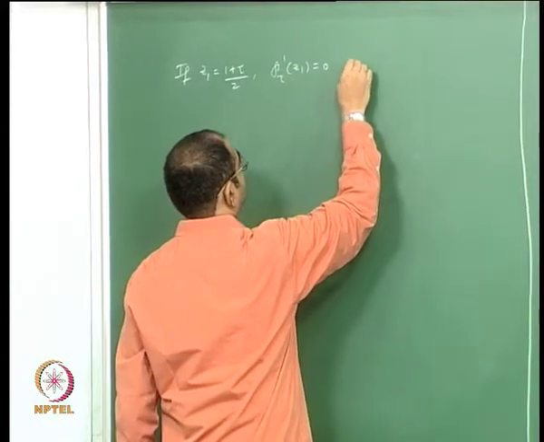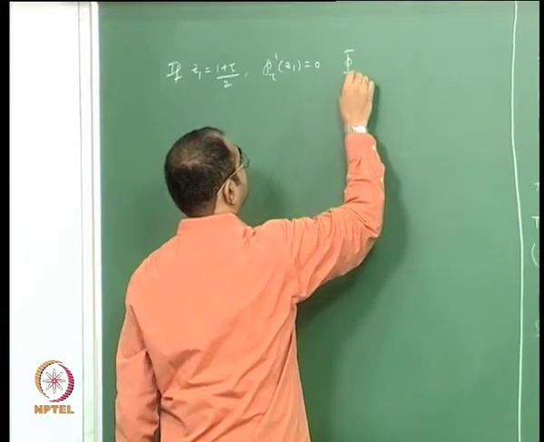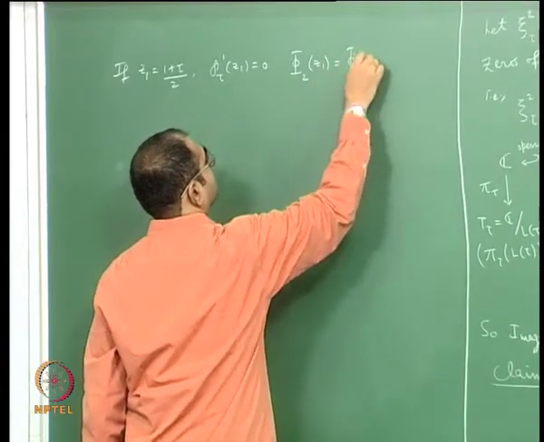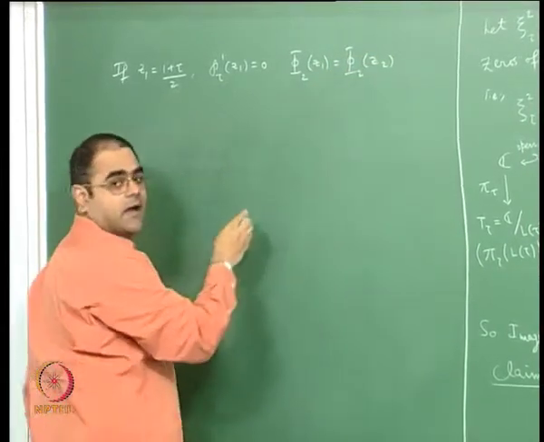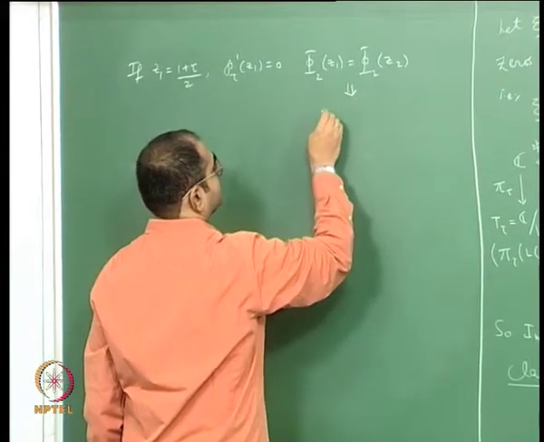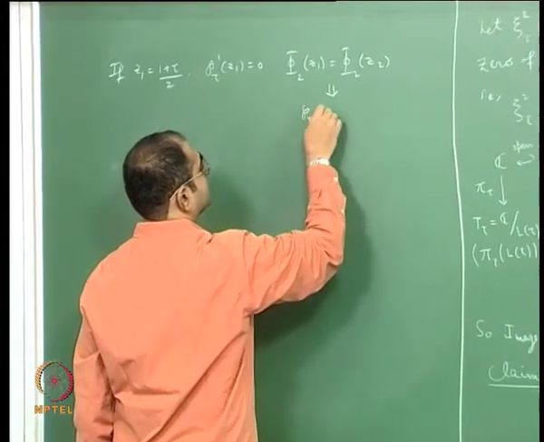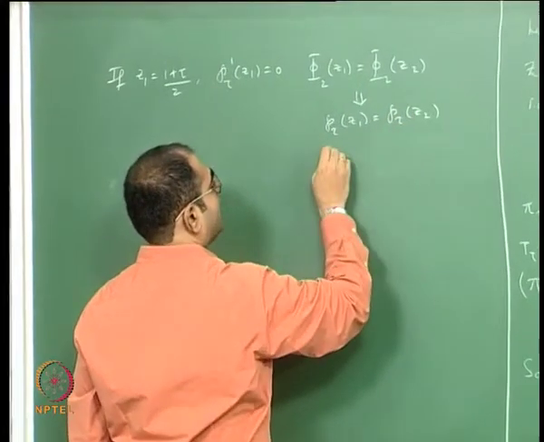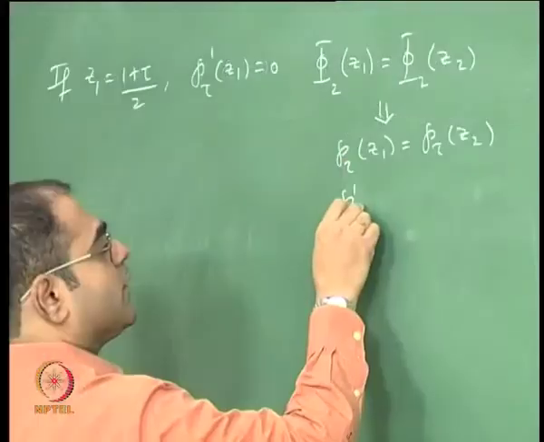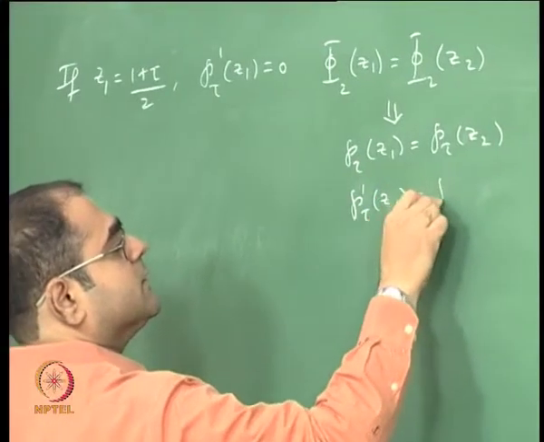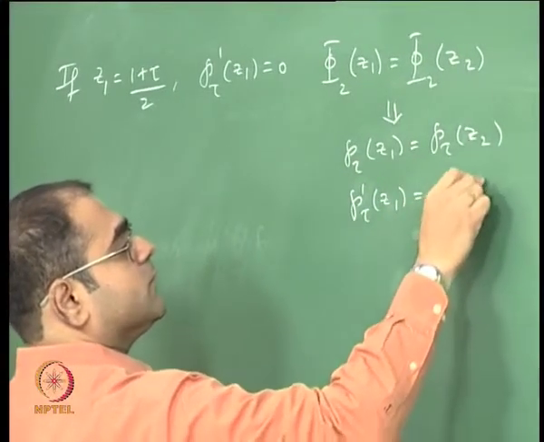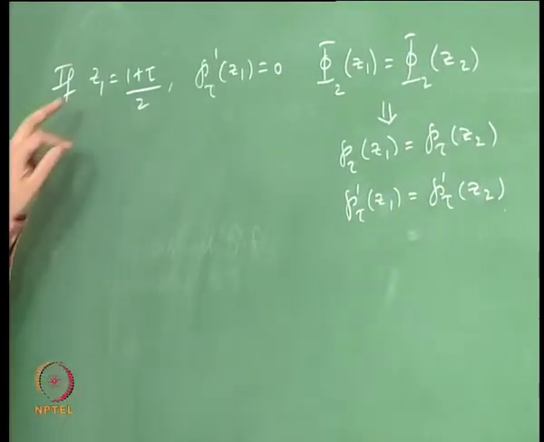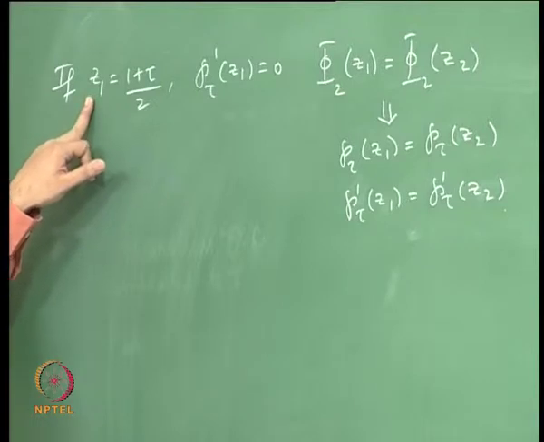But you see phi tau of z1 is equal to phi tau of z2 is our assumption, and this tells you that phi tau of z1 is the same as phi tau of z2, and phi prime tau of z1 is equal to phi prime tau of z2, and let me assume that z2 and z1 are in the closure of the fundamental parallelogram,